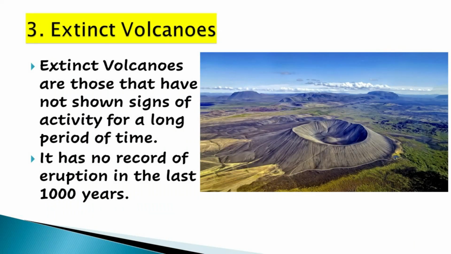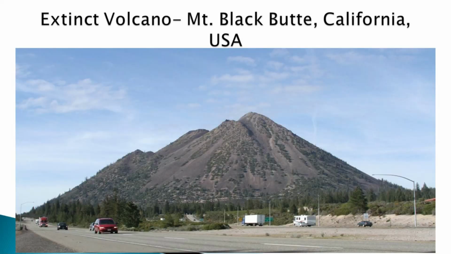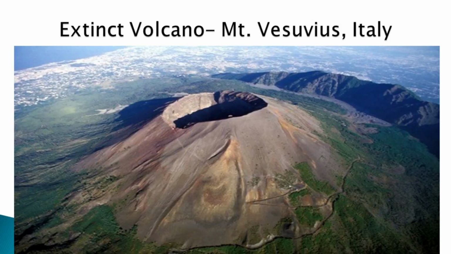Extinct volcanoes. Extinct volcanoes are those that have not shown signs of activity for a long period of time. It has no record of eruption in the last 1,000 years. Examples of extinct volcanoes are Black Butte of California, USA, Mount Vesuvius in Italy,